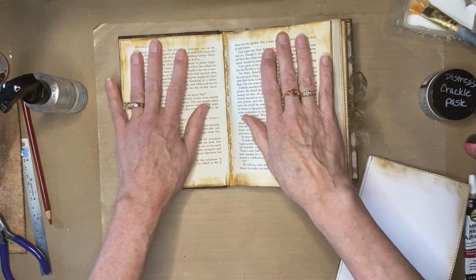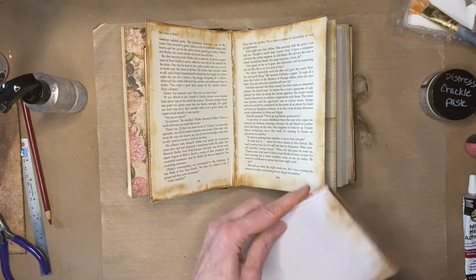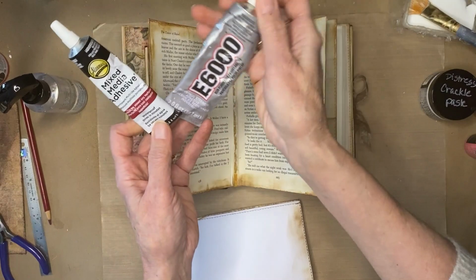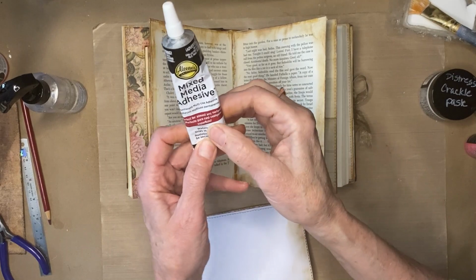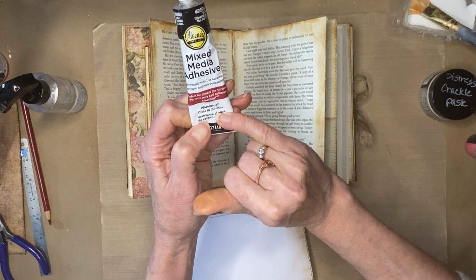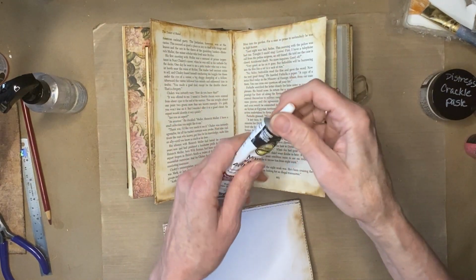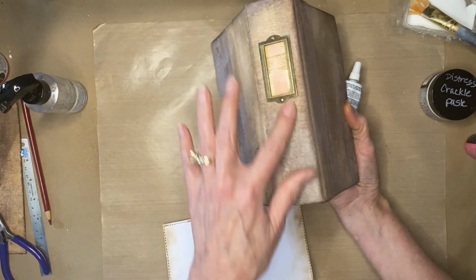So I have a nice base that I'm gonna attach the next one to. What I'm gonna do first is use this Aleene's mixed media adhesive. You can also use E6000, it would work. It's a similar kind of thing. It was funny, because I've mentioned this before, but I had never actually read the directions. It says waterproof, dries in minutes, so that's why I decided to use it instead of the E6000, because it sets up faster in my mind. When I read the instructions today, because I used it to glue this on,